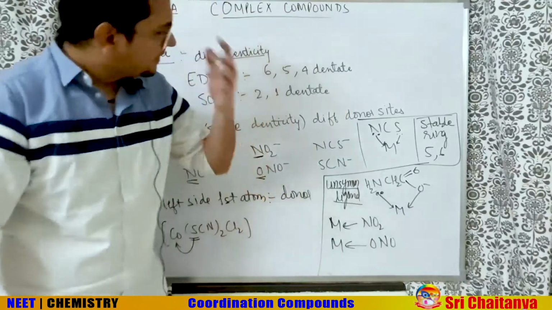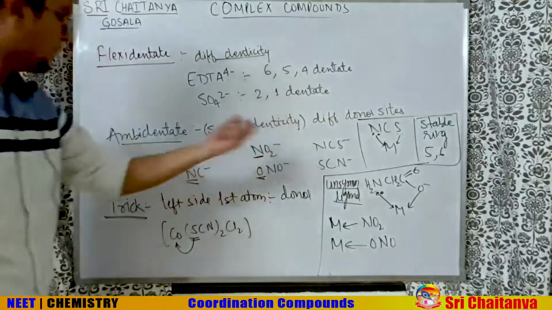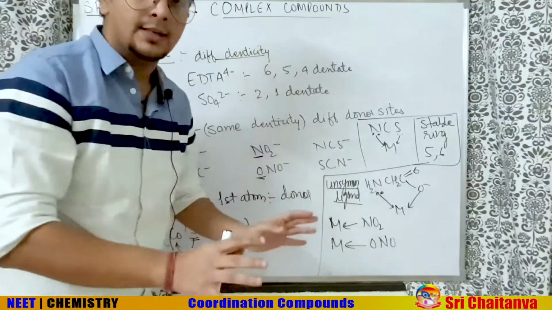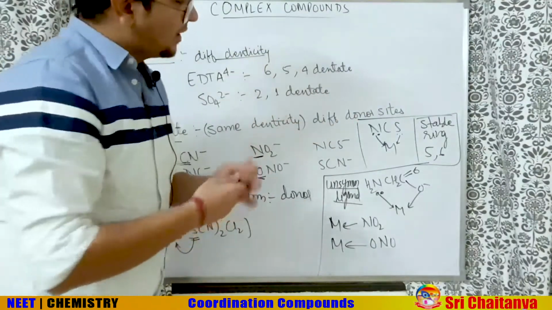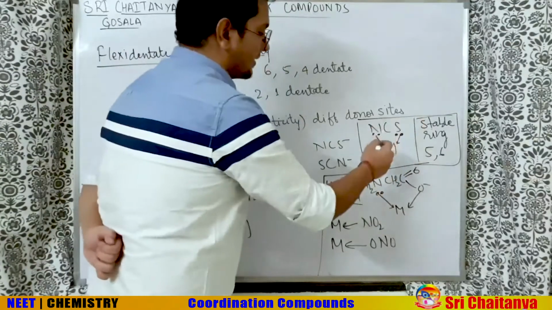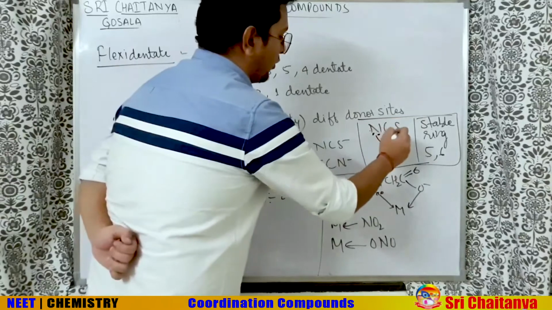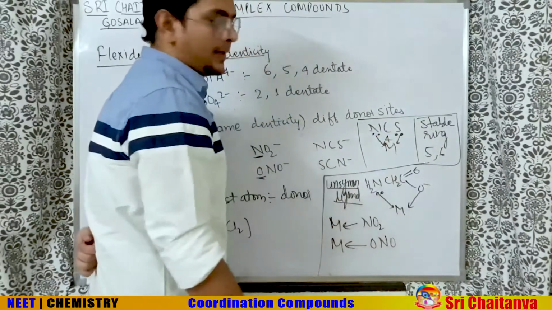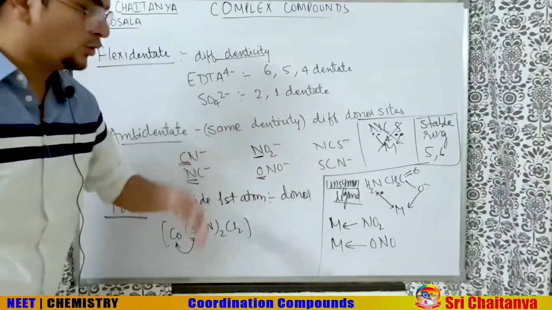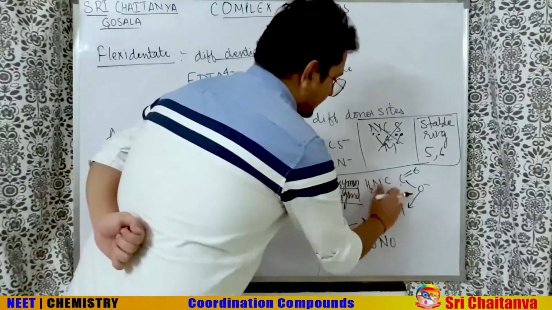So for example, NCS-, NO2-, CN-, can they also form the bond with the central atom simultaneously? Let us check, yes or no. If we see when they both make the bond simultaneously, you can check like this. Then here 1, 2, 3, 4. 4 atoms are making the ring. So this is not allowed. Then glycinato, check yourself. This CH2 is like this.